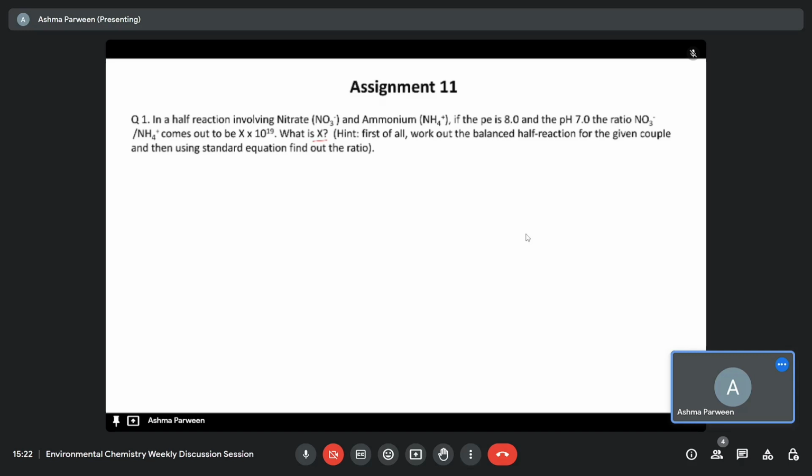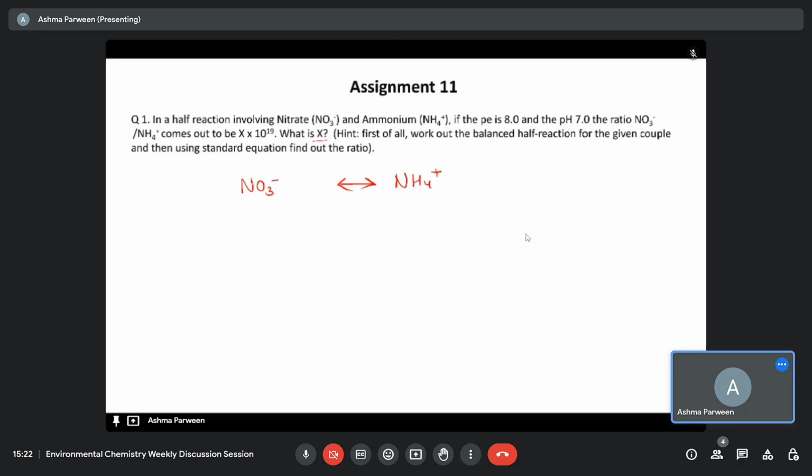Okay, let's see how to solve this question. First, we will balance the half cell reaction. Nitrate is forming ammonium. So let's first balance this reaction. Nitrate is, not forming, I should say, it is reducing to ammonium. So we know that we basically write in the terms of reduction reaction. So for balancing the